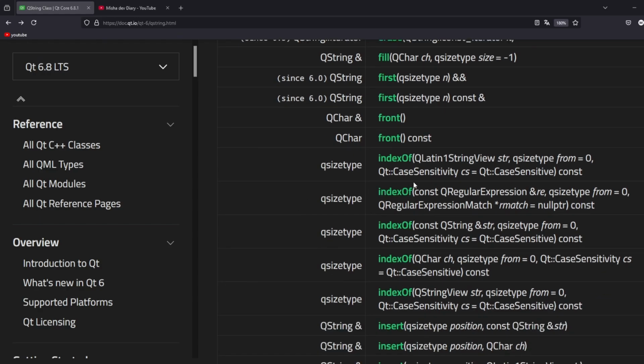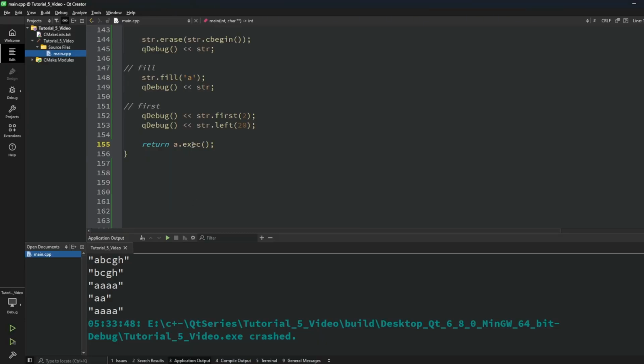And the next method is index of, a pretty important one. It returns the starting index of a string or character inside, and it searches forward from index position from, so we can search for, like, next occurrences. Let me show you what I mean. Index of, and let's say it's the name of some file, my text file.txt,